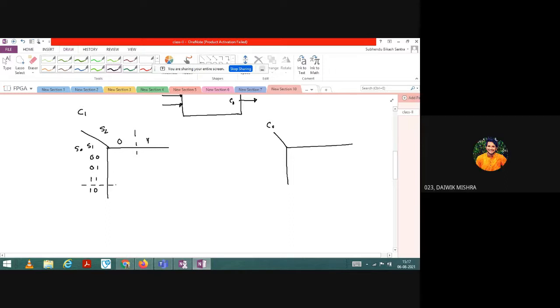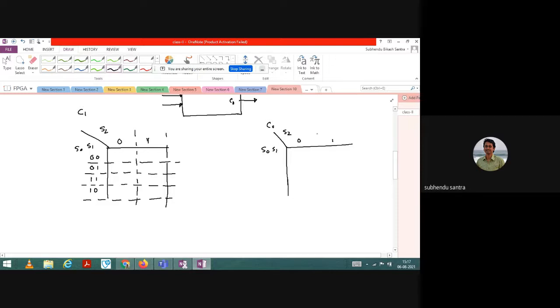I hope you know this thing. So that you need to complete. Let us do it. I will tell you how in FPGA we do not take care of all this K-map, but in digital circuits you need to actually consider it. So here also I will take S0, S1 and then S2. So this is 0 and 1. And I will do it for you to solve.